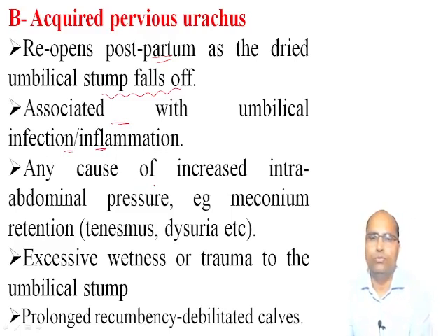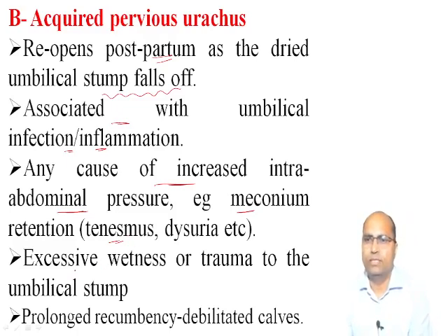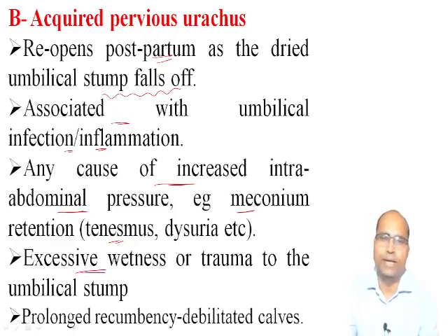Any cause of increased intra-abdominal pressure, that is meconium retention, that causes tenesmus, dysuria, etc., causes acquired Pervious Urachus. Excessive wetness or trauma to the umbilical stem,